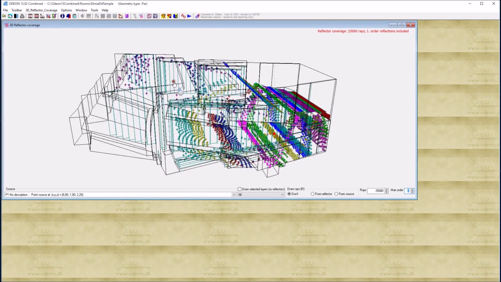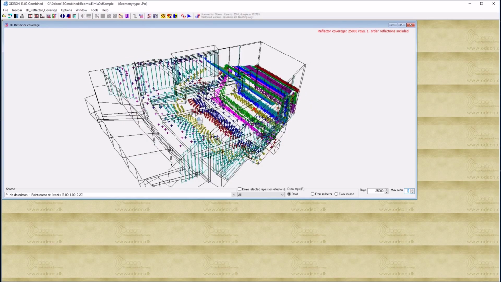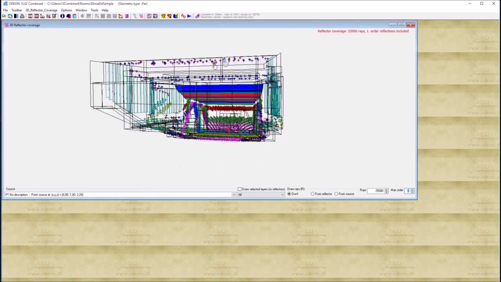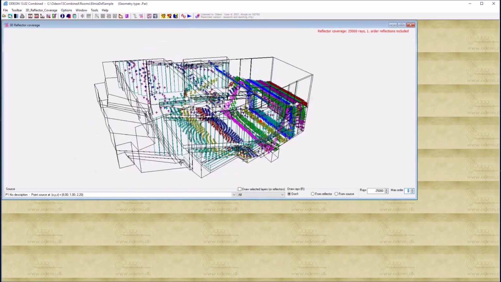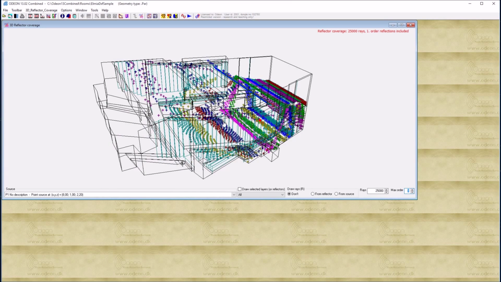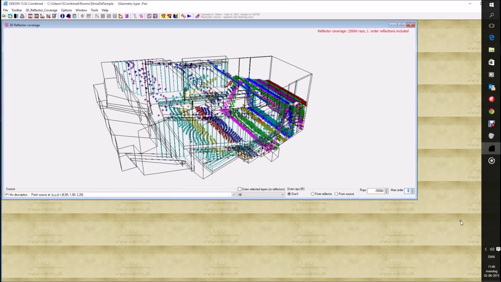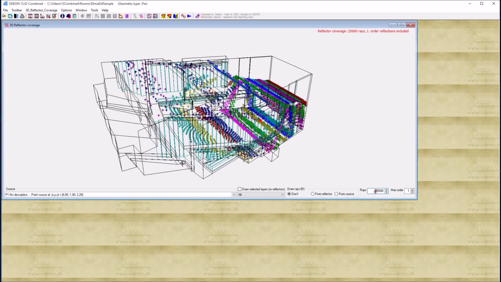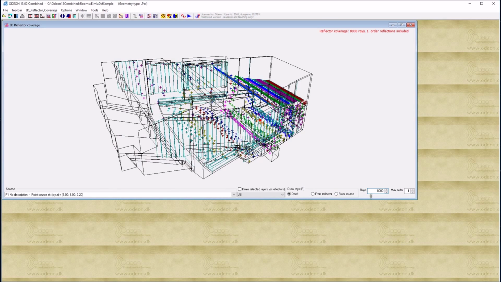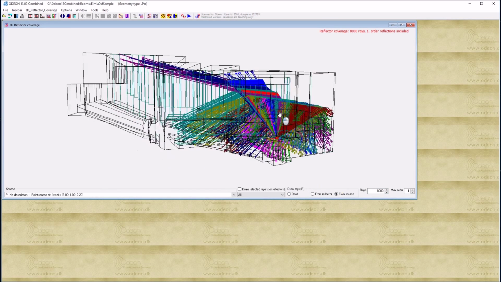You can either just visualize where the reflection will occur, so where the reflection will be reflected to the surfaces. You can use a different number of rays, and you can also show the rays themselves. In this case you'd probably use fewer rays, like this.